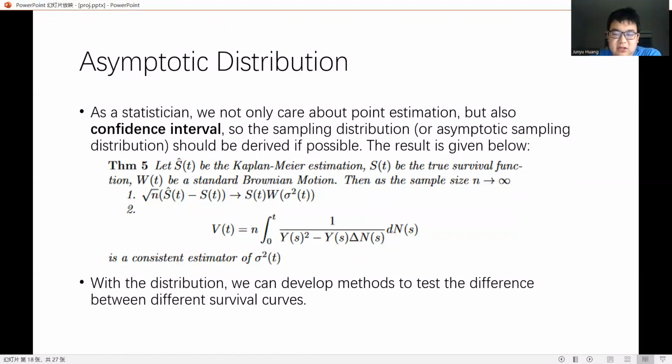Like we can see that the S hat t is a Kaplan-Meier estimator and S(t) is the true survival function, and the difference times square root n converges to a transformed Brownian motion. And the sigma square t also has a consistent estimator called V(t) in this form. And with this distribution, we can develop methods to test the difference between different survival curves, and there are more